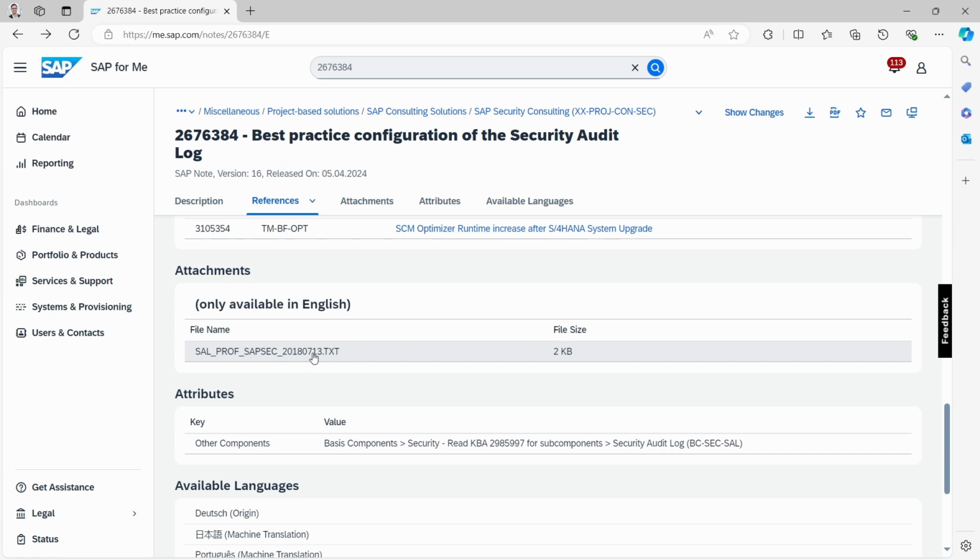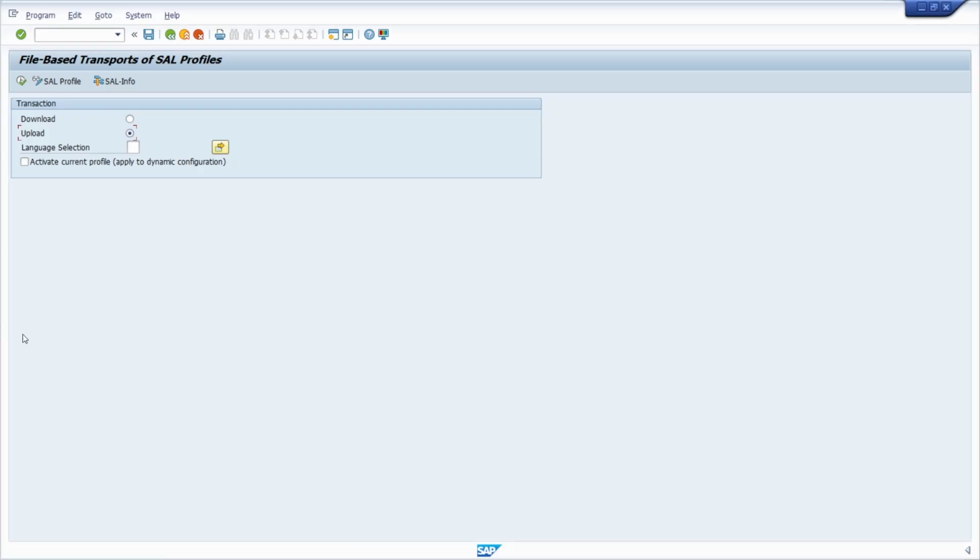So basically just download it and then you can upload it within the transfer transaction. Of course, the link of this SAP Note is added in the video description, so there you can get it easily. As mentioned, download the txt file, go once again into the transfer transaction, and here you can upload it